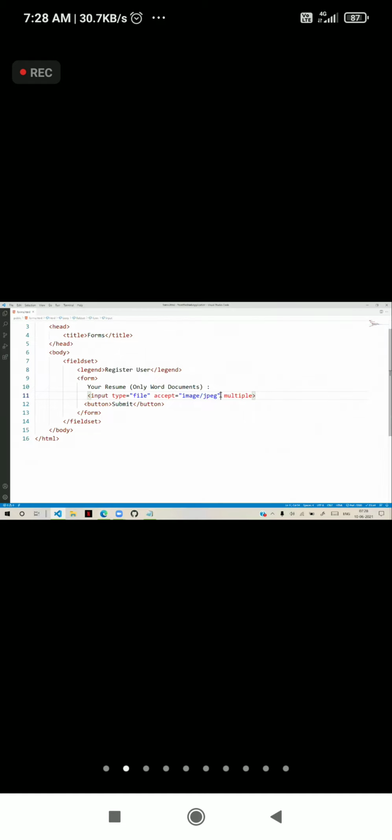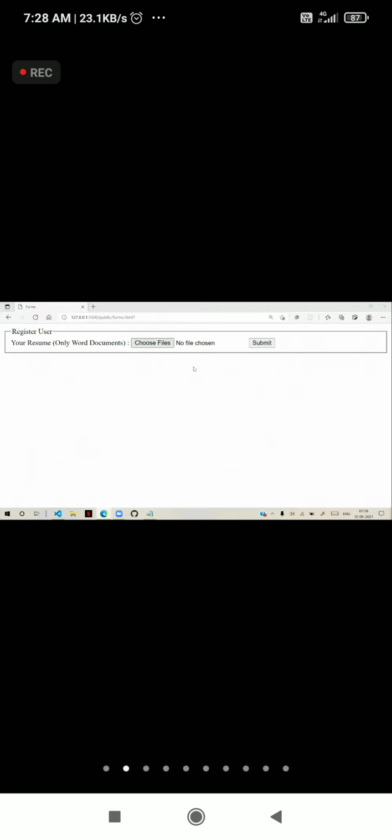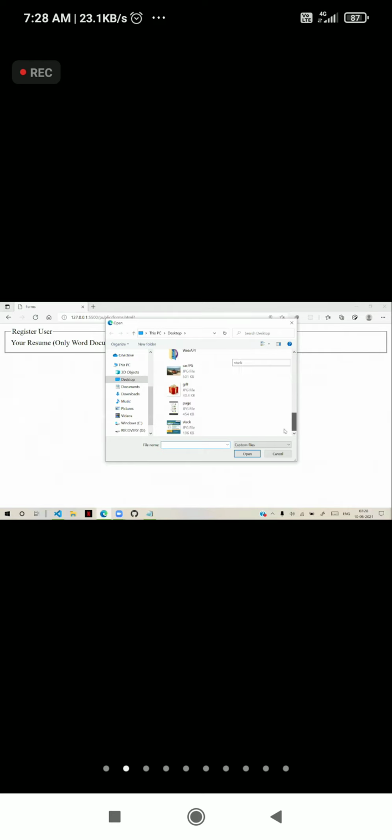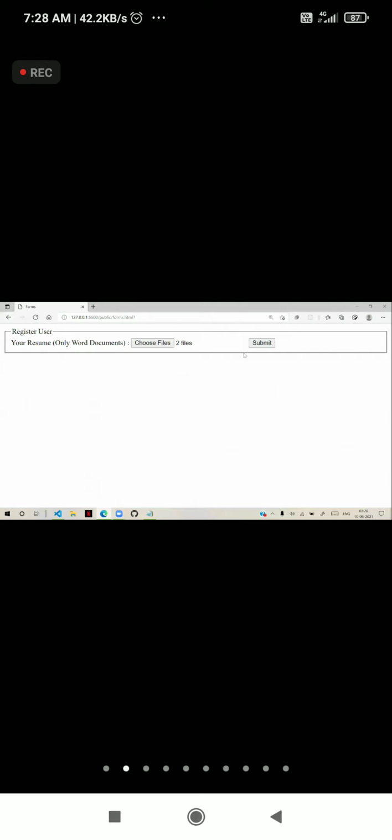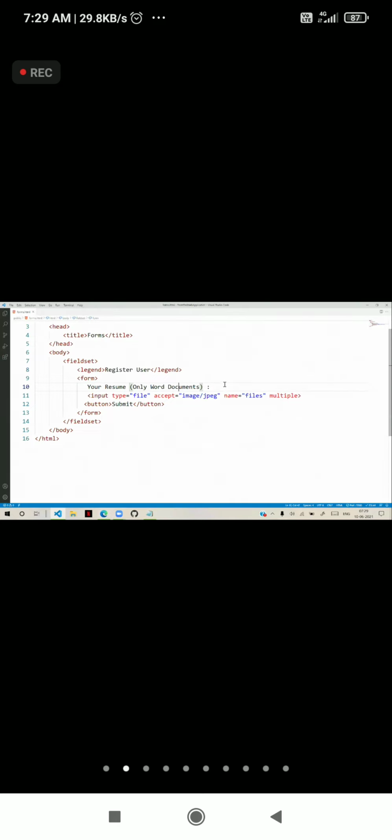For that, you don't have a name here. The name is like files. So usually when I select multiple files, suppose I am selecting these 2 files, open and submit, and you see those 2 file names are submitted. We can configure and submit the files and define the files and specify them, right? Usually that is how you configure and specify the files.